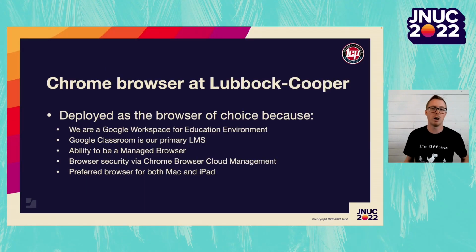So just a little bit about why Chrome is the browser of choice for Lubbock Cooper. Like I mentioned, we're a Google Workspace for Education environment. Google Classroom is our primary LMS. It's what our teachers absolutely prefer, and they're very, very proficient at it. Our teachers do a great job learning or using the Chrome browser and Google Workspace in our learning environment. And also, just from an IT perspective,